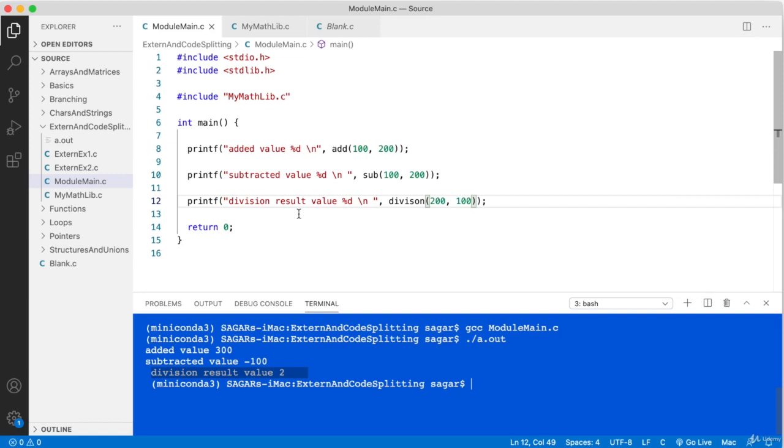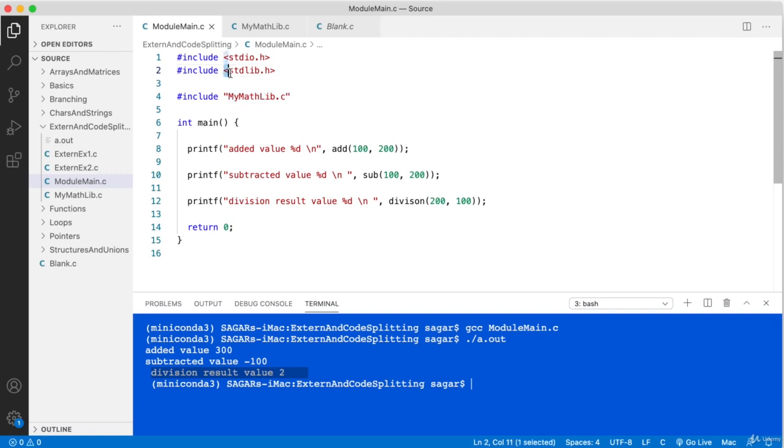So now you understood how to divide the content into multiple files. I mean, we placed the functions inside the C file. Ideally, it should be a .h file and they should be linked using the libraries. So we are not covering those topics now. But anyway, this is how you can do it.